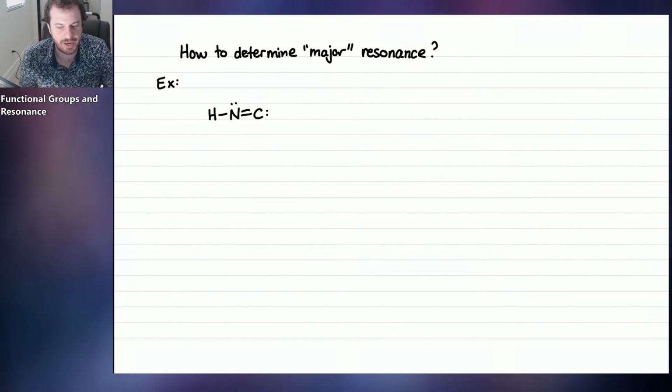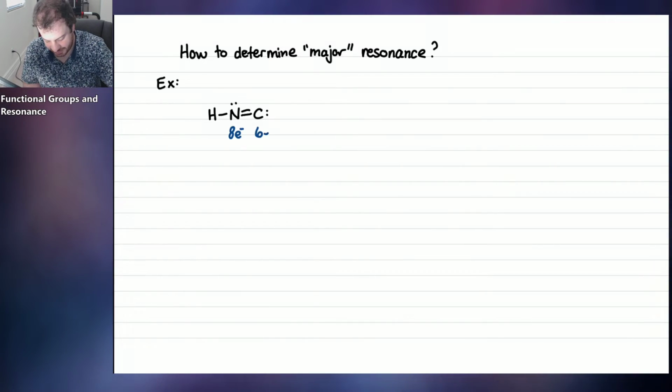How about a lone pair next to empty p? That's a tricky one. You may have missed that one. How many electrons does this carbon have? Let's count. So 1, 2, 3, 4, 5, 6. This carbon only has 6 electrons, which means it has an empty p. What about this nitrogen here? This nitrogen has 1, 2, 3, 4, 5, 6, 7, 8. So that nitrogen has 8 electrons.